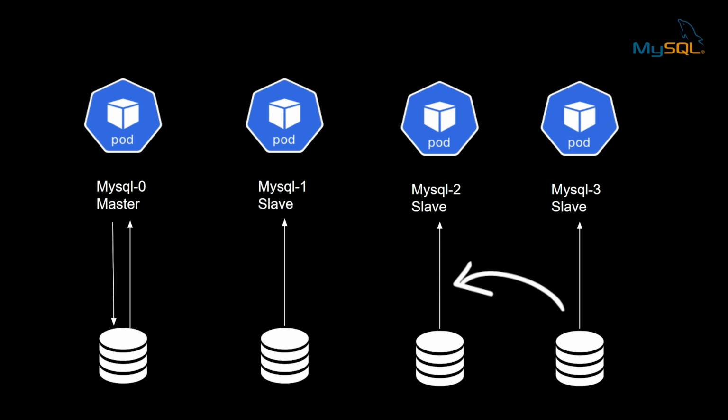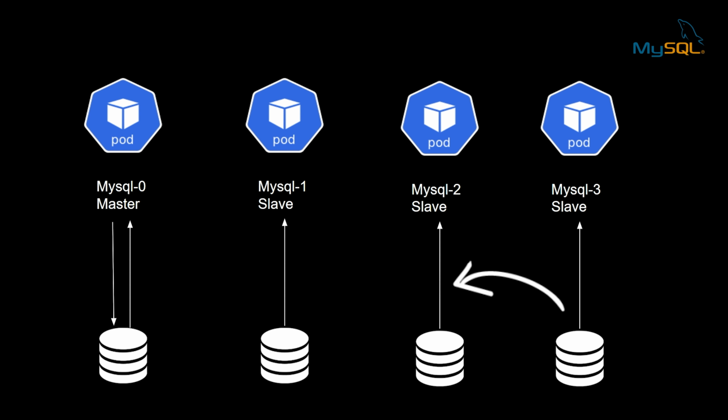So suppose you have specified that you have to create a stateful set with 3 replicas, then those 3 replicas will be created sequentially. Always the first master node will be created with the 0 value, that is MySQL-0. If you give the name MySQL as the pod name, then MySQL-0 will be created first. Once that is successful, then only MySQL-1 will be created, and after that MySQL-2 will be created.